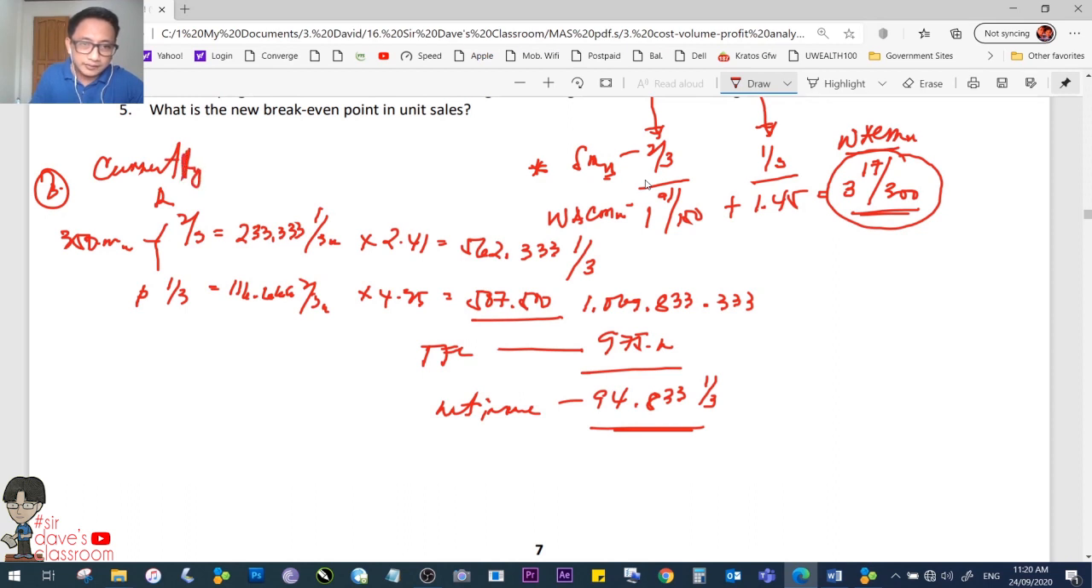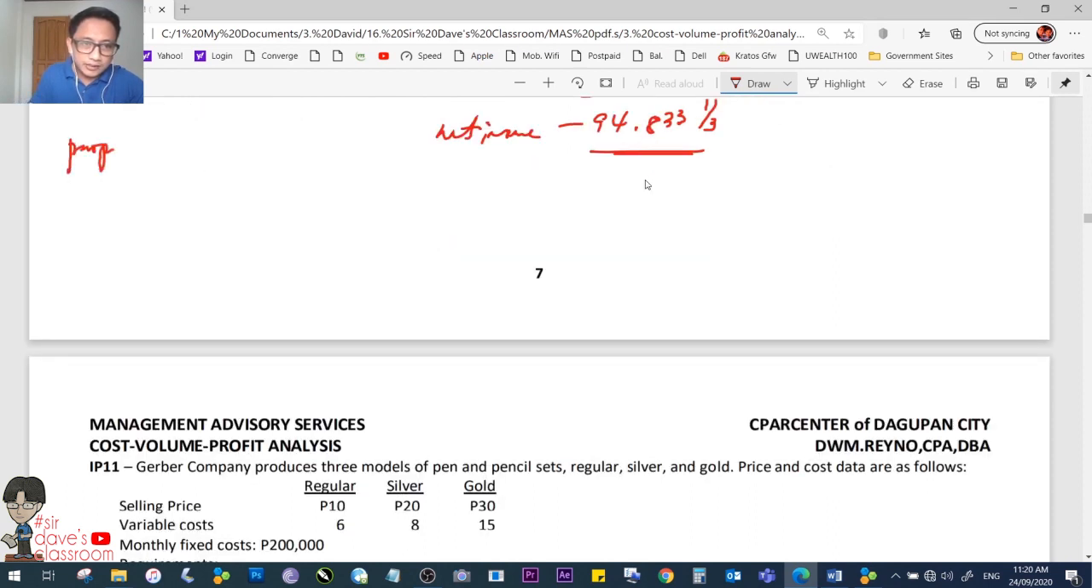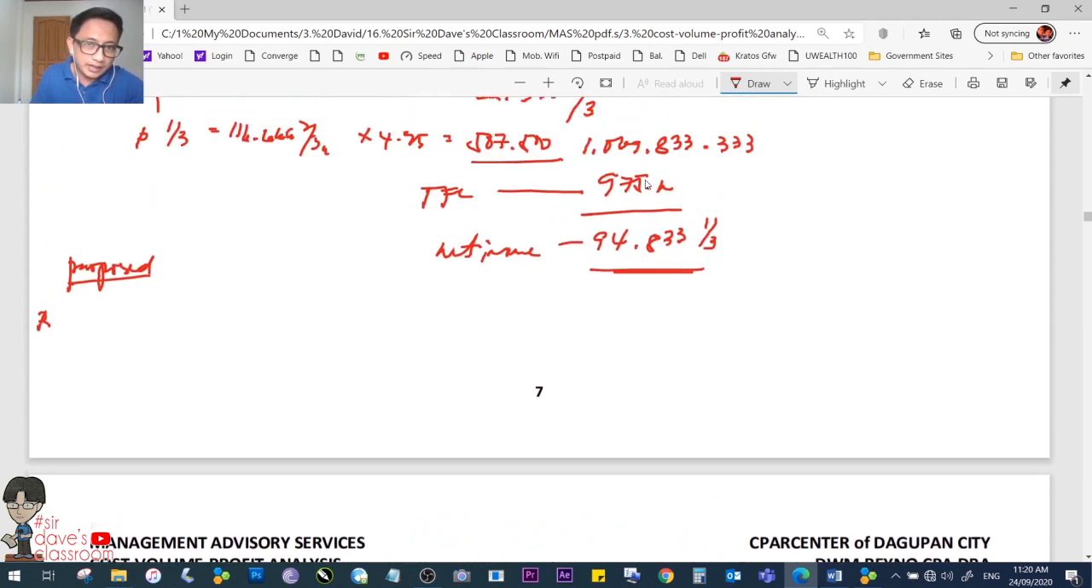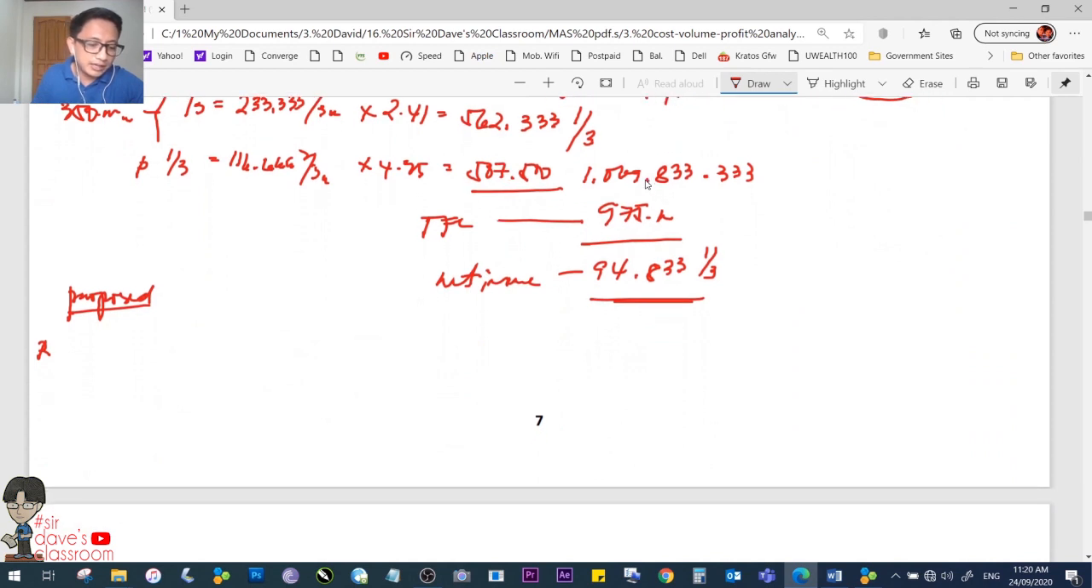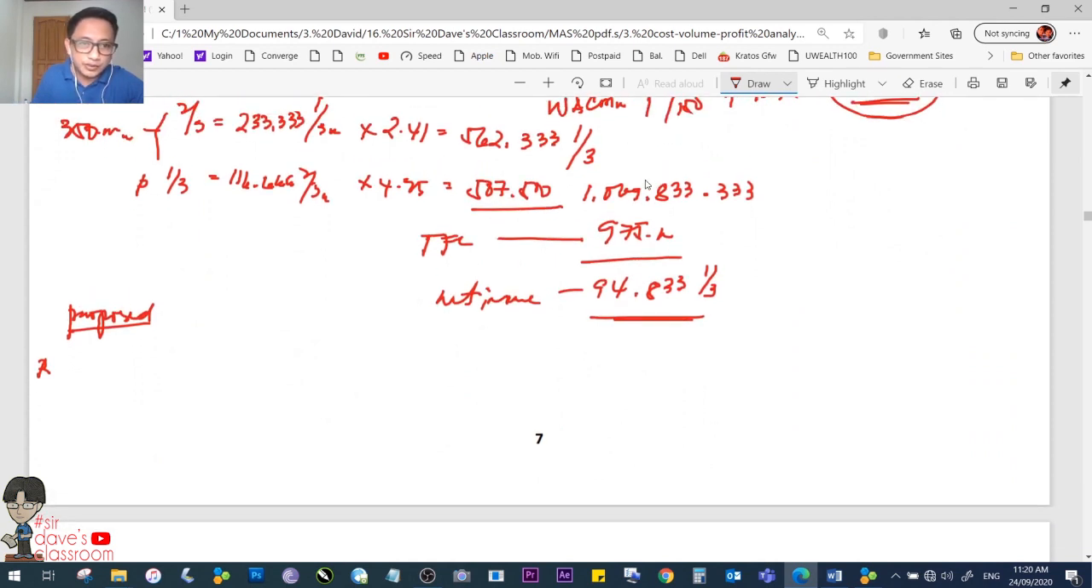Alright? Currently. Under the proposal, let's label it proposed, ano gusto mangyari? Si regular daw ay mababawasan ng 5% dahil tataas naman ng ilan ba? 20%. Yung 5% being shift from the regular to the premium. Lilipat daw lang yung 5%. Ibig sabihin, si regular ay mababawasan ng 5%. So, that is 233,333 and 1/3 units less 5%